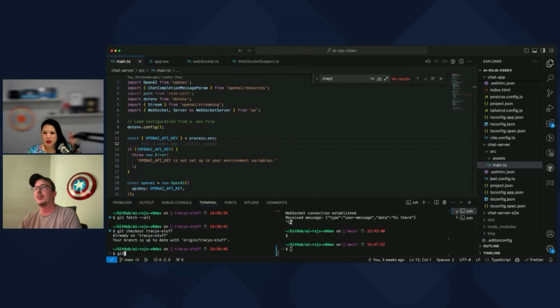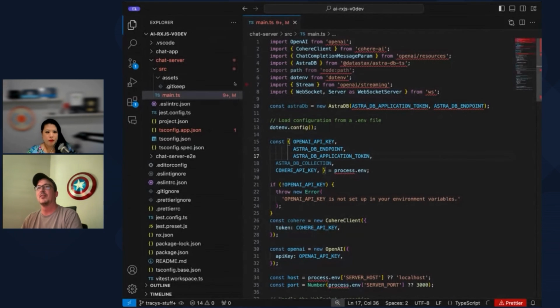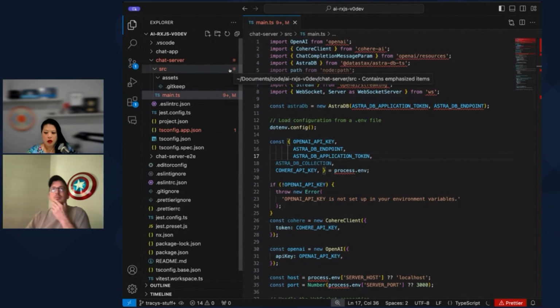Why? Did I not save it? Git reset origin Tracy stuff. It has the little open thing. It says the source is not saved. Oh, or wait. Okay, let me... Did you not save your changes? No, I did. Wait, I'm looking. Yeah, I mean, look, see. But it has this thing right here, so I'm like, wait, did I do something wrong? Yeah, click the little one up there.